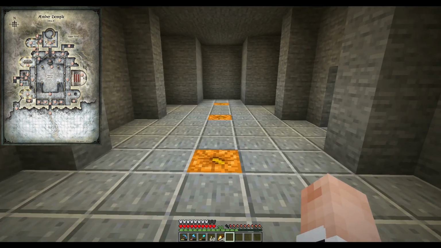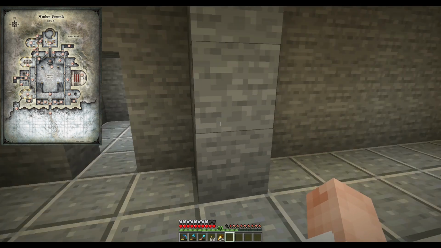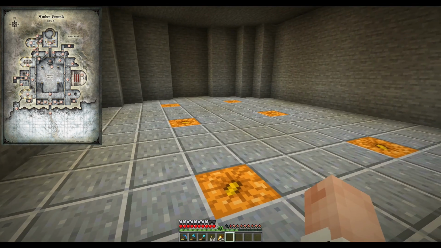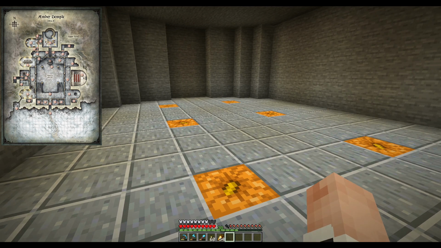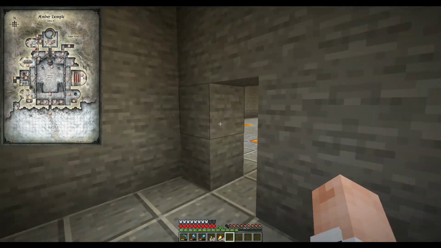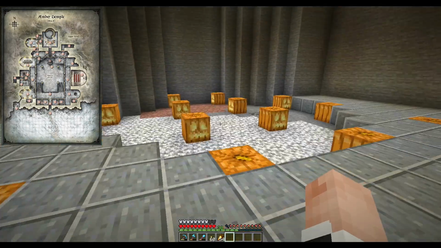There's a big room back in here up in basically the north end of the map. It's kind of a hard way to get in here because in the Dungeons and Dragons map it's hidden through a series of secret doors and stuff. But that would be this big room here. Yeah, okay. And now this is